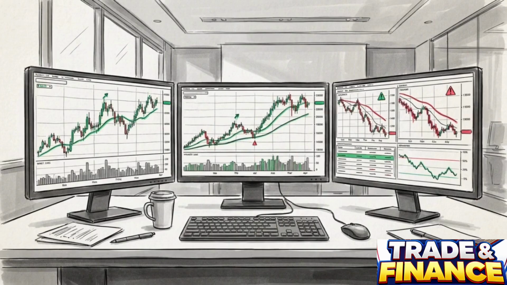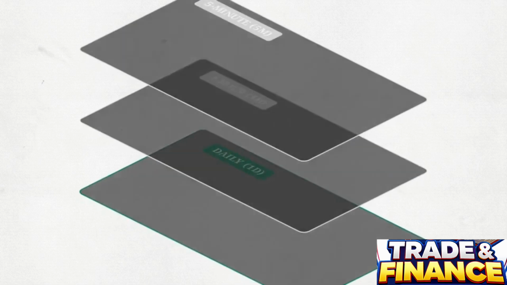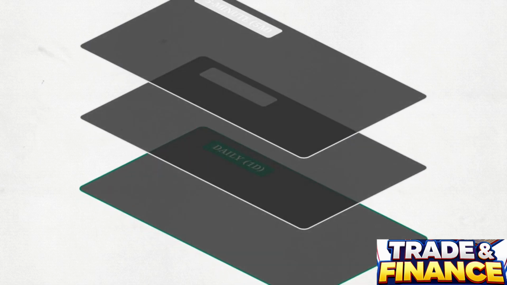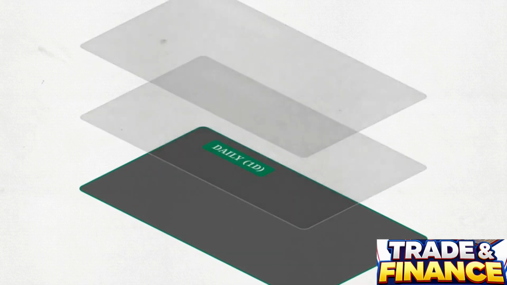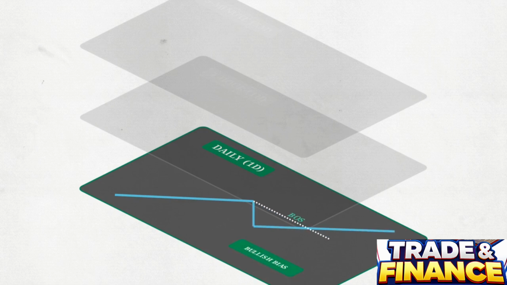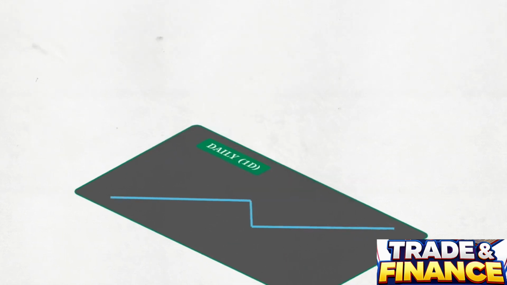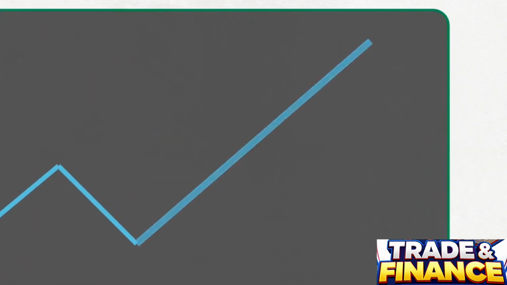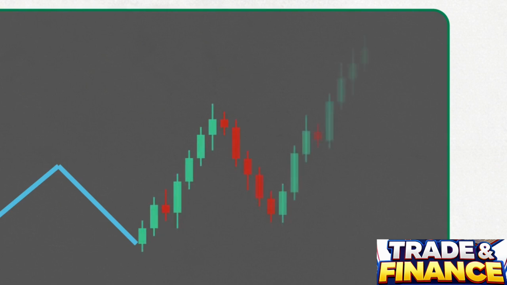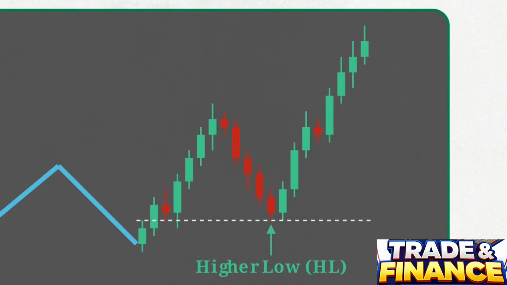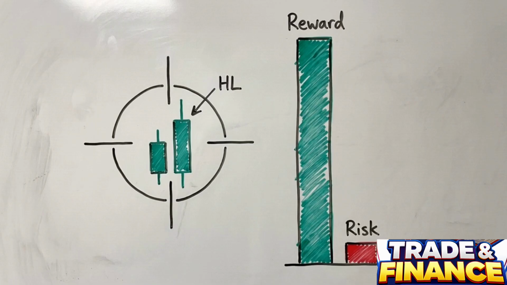Professional traders rarely trade these shapes in isolation. To increase the probability of a setup, they layer these concepts across different timeframes. It starts with a higher timeframe, like a daily chart, to identify the macro trend. By locating an overarching BOS or CHoCH, the trader establishes their primary directional bias. From there, they zoom into a lower timeframe, like the 5 or 15-minute chart. This allows them to see the smaller waves within the larger trend, helping them find a precise entry with a